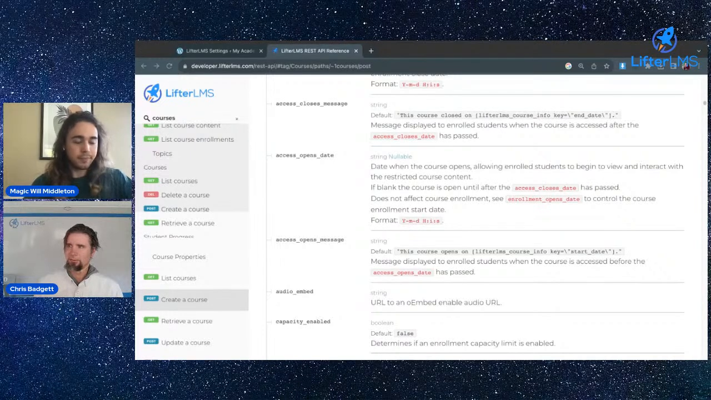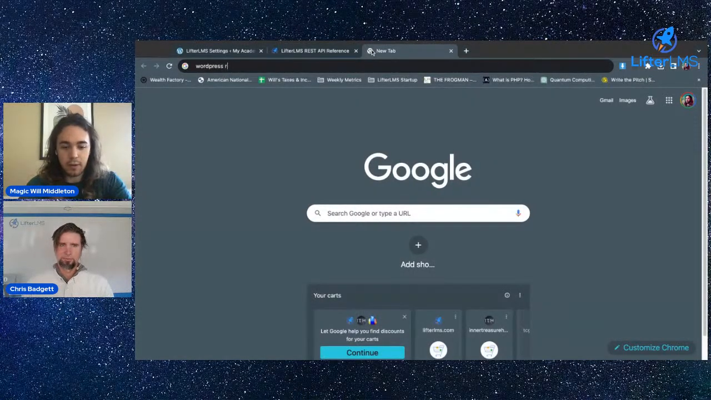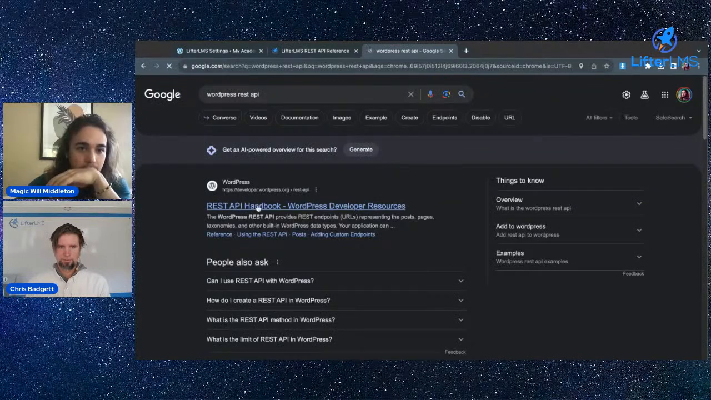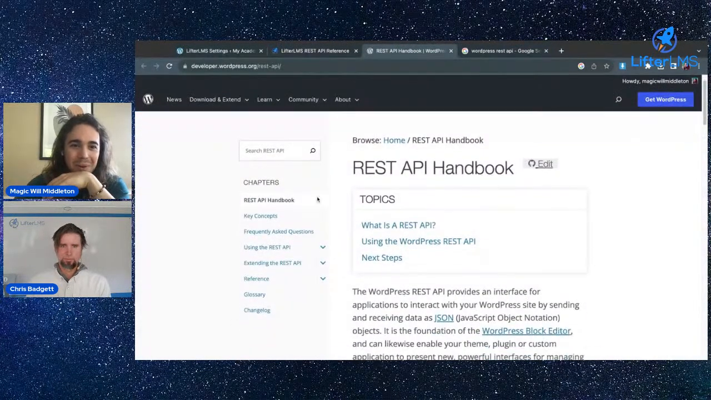That does. And one more question, like WordPress itself has a REST API. Can you kind of explain how to think about that? Yeah. So WordPress itself has a pretty robust REST API. Let me see if I can find it. I think this is the REST API handbook, and we modeled ours pretty closely